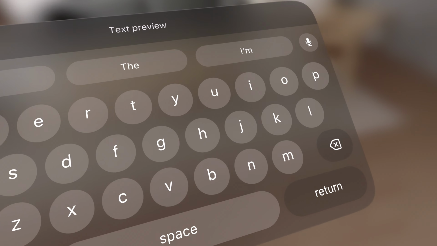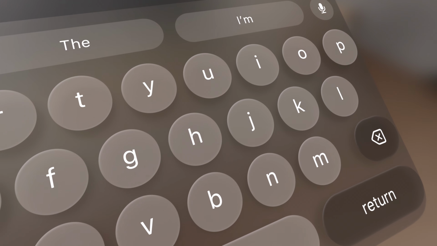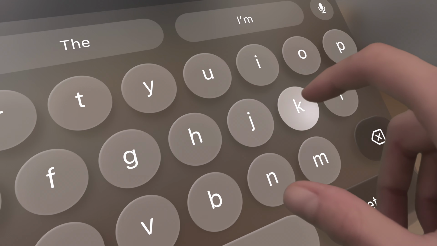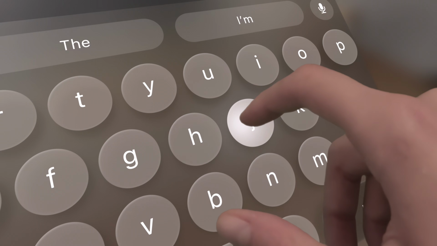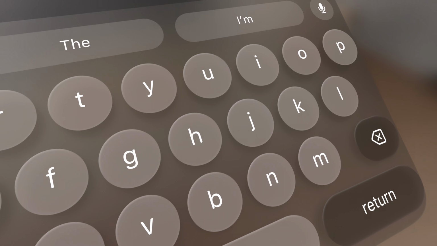The buttons are actually raised above the platter to invite pushing them directly. While the finger is still above the keyboard, buttons display a hover state and a highlight that gets brighter as you approach the button surface. It provides a proximity cue and helps guide the finger to the target. At the moment of contact, the state change is quick and responsive and is accompanied by a matching spatial sound effect. These additional layers of feedback are really important to compensate for missing tactile information and to make direct interactions feel reliable and satisfying. Audio plays a special role in connecting input with virtual content across the system. To learn more about it, check out the session called Explore Immersive Sound Design.